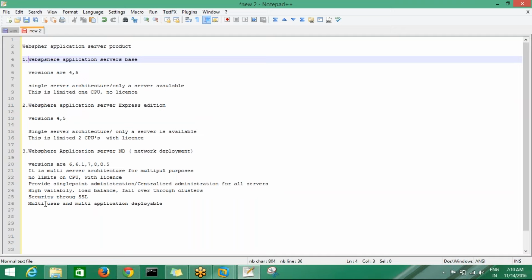This base version contains a single server, that means only one server available, and it is applicable to one CPU. We cannot install on another machine, and there is no license for these base versions.